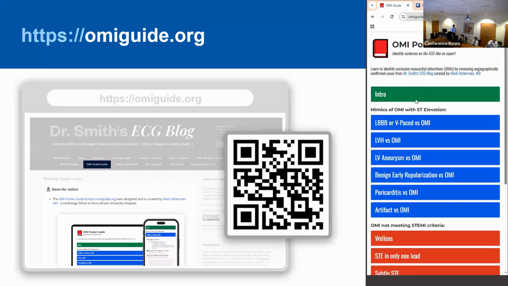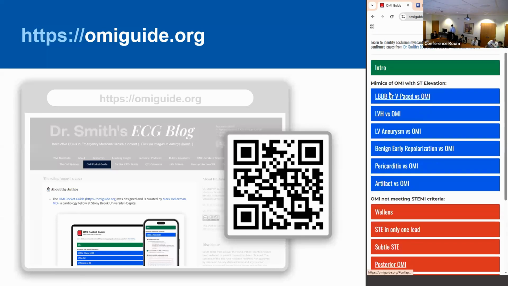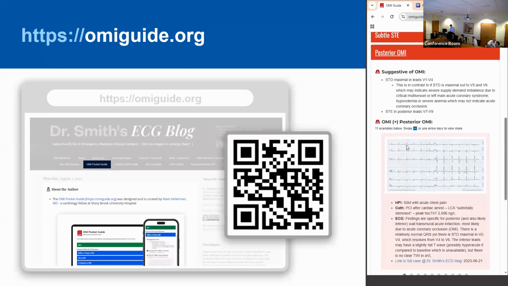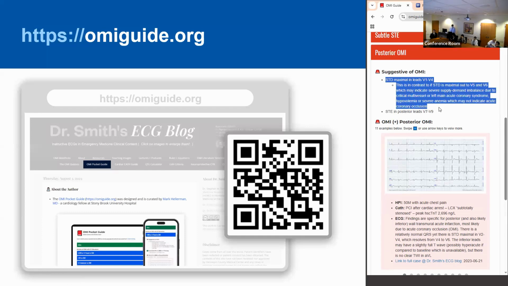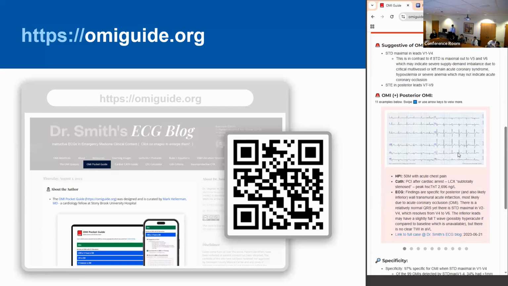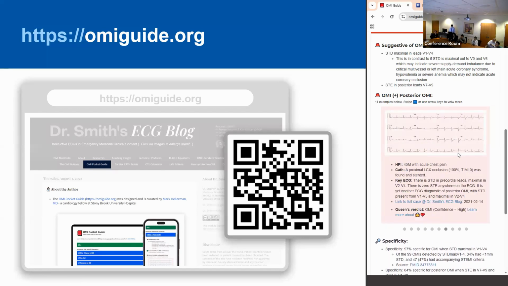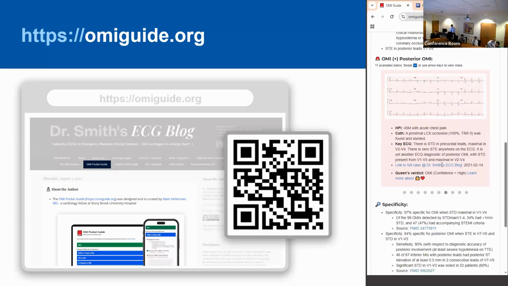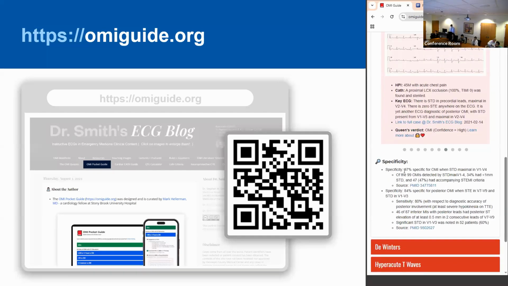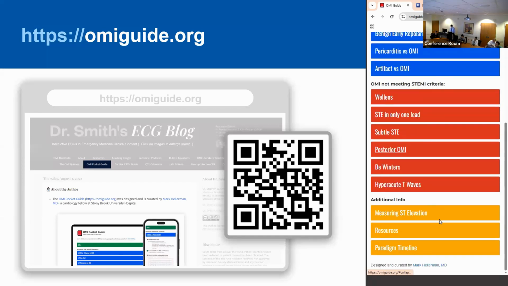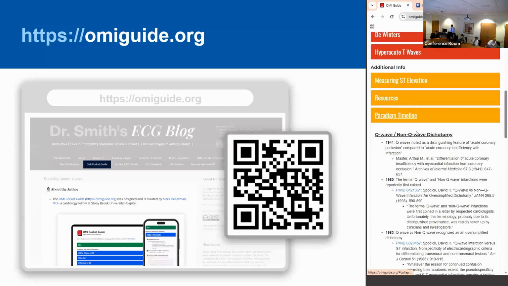Just to give you a sense of how the site works, it basically breaks these patterns down just as they did in that paper, but we'll give you examples that you can go through with a quick synopsis of the case. At the top, it will remind you what the criteria for the pattern are. And here, you can scroll through and see a bunch of examples of subtle posterior OMIs to train your eyes. At the bottom of each of these, it will remind you of the sensitivity and specificity with links to the literature. There are also some links to additional resources. And if you're a nerd and want to know the whole paradigm timeline,